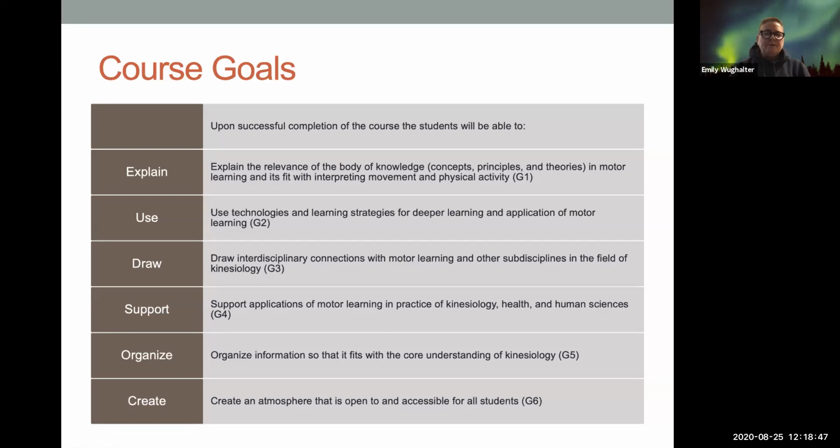I want you to think about everything I'm teaching you in the context of teaching physical education, in the context of exercise and fitness, in the context of rehabilitation science, such as physical therapy, occupational therapy, recreation therapy, in the context of sport management.